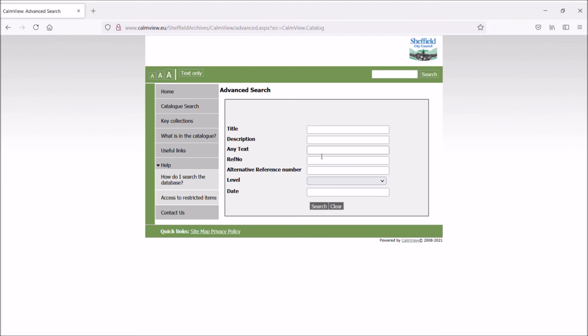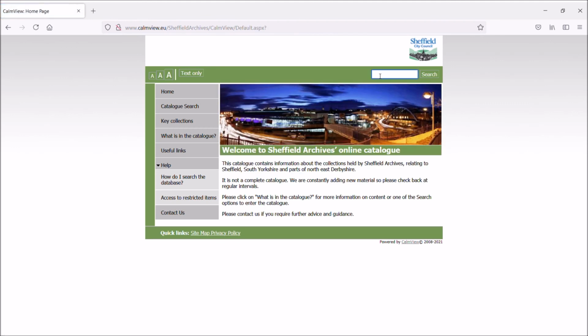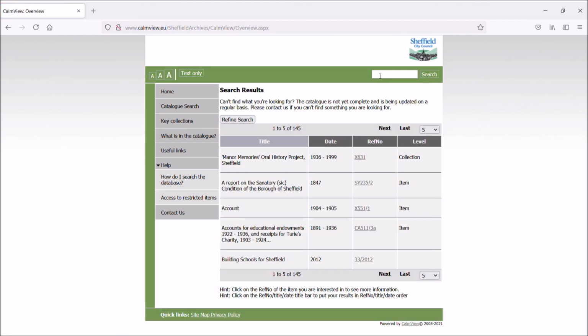If you want to search for a phrase, you need to search in the general search box at the top right hand side, and you need to go back to the home page and then put in your search term here. And this will find any item with the words Darnall and school within it, which would include Darnall Free School, Darnall Grammar School, for example.